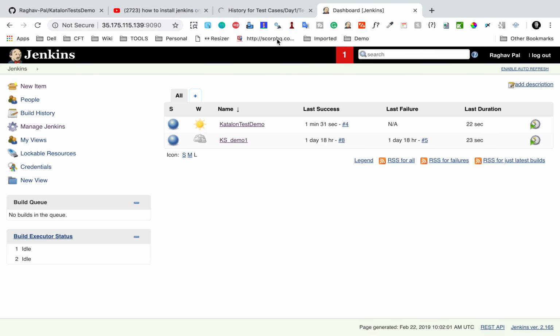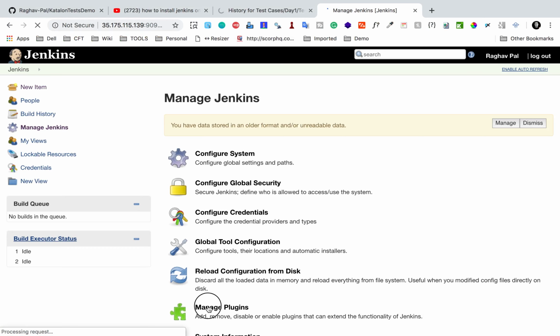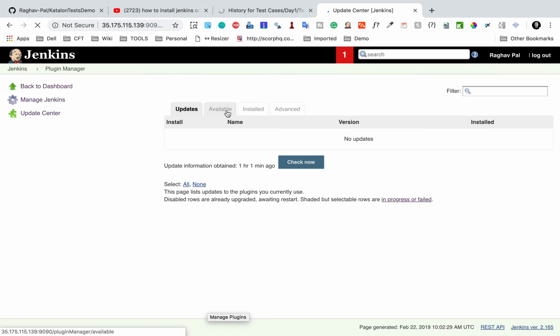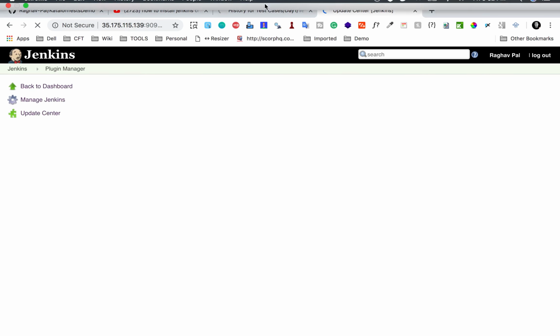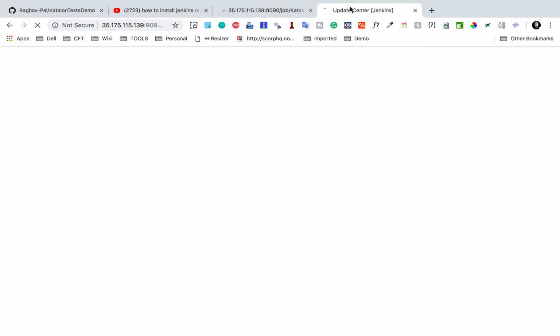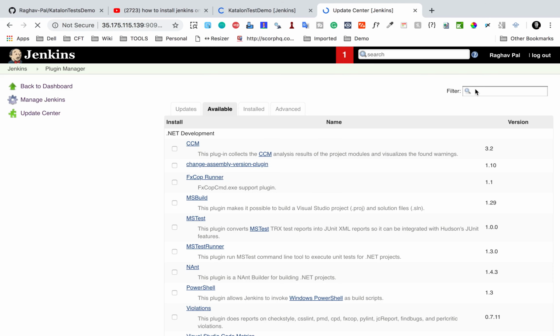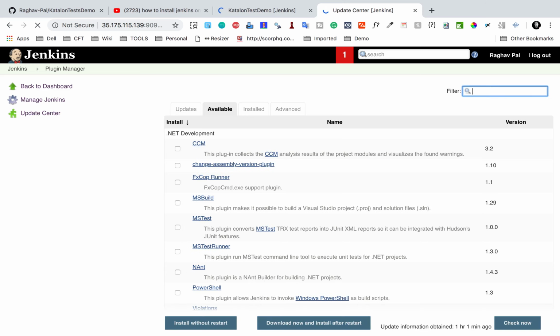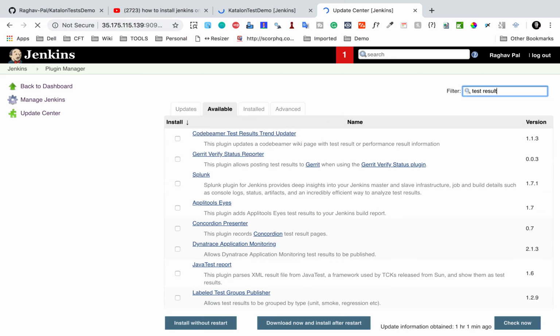So what I will do is I will go to my manage Jenkins, and I will go to manage plugins, and I will go to available section, and here I will search for test result